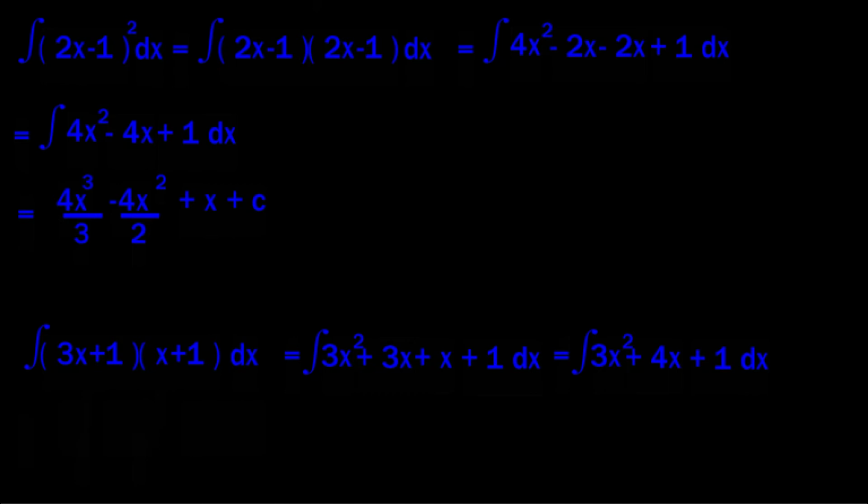So same thing, we will do the integration. So x squared becomes x cubed over 3, plus 4x squared over 2, plus x, plus c. So this is the solution. So now let's say if we have